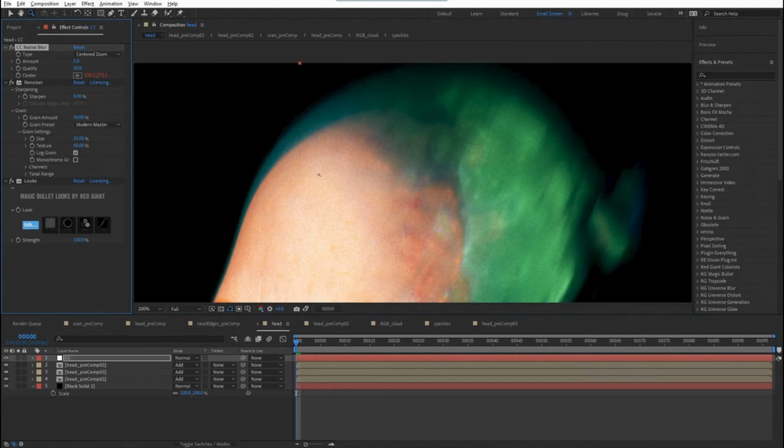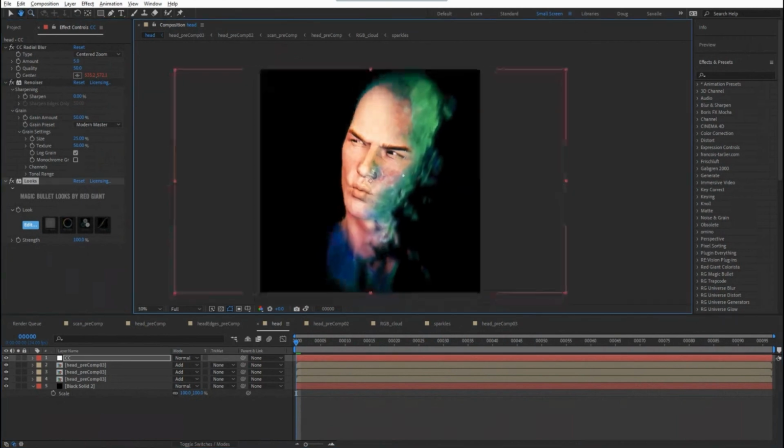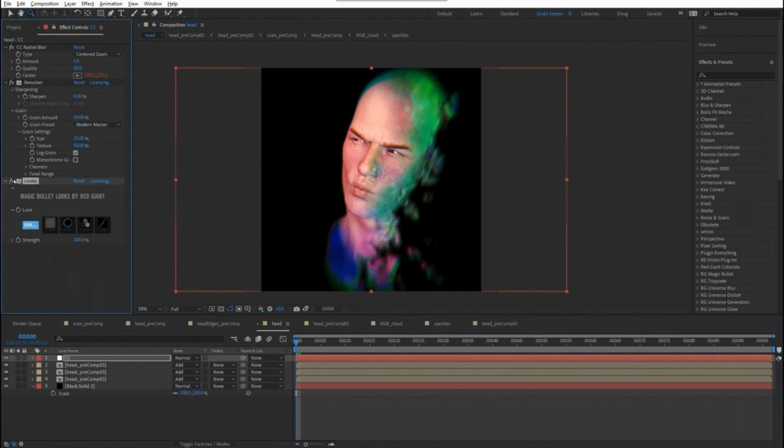Followed by Magic Bullet Renoiser, and that's just to add a bit of grain, because it's always nice to have a little bit of texture when you're working with this stuff. And finally, we have Magic Bullet Looks, and what that is doing is giving us just our final little bit of color correct. You can see the difference that we have there.